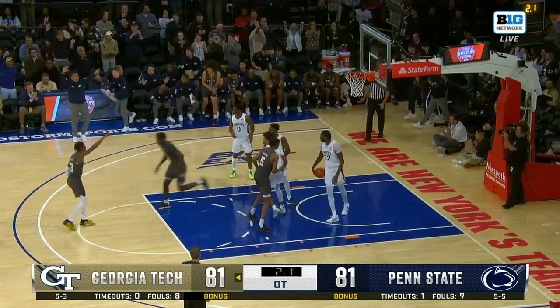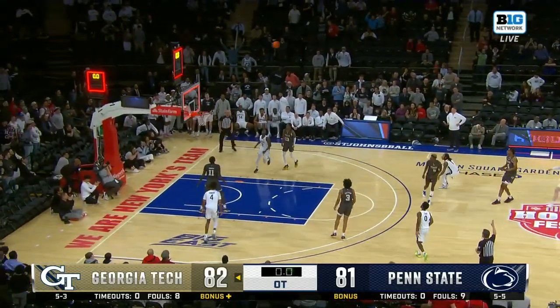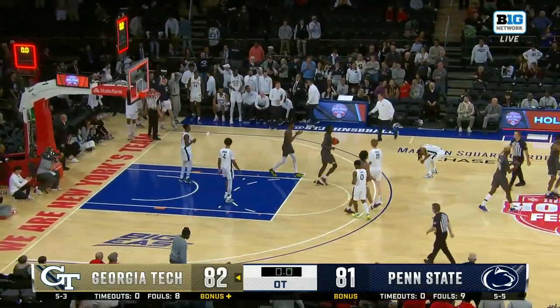Kelly hits them both. Into the hands of Baldwin. For the win at the Garden. No! And Georgia Tech